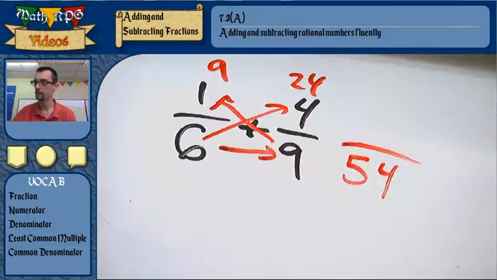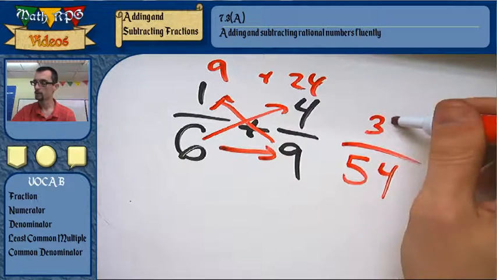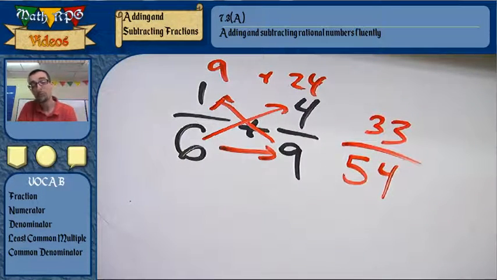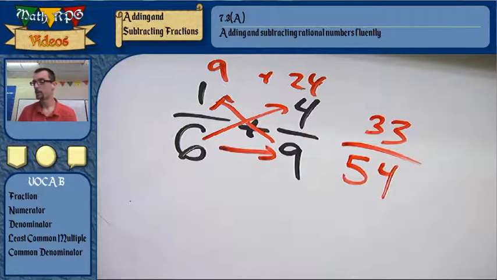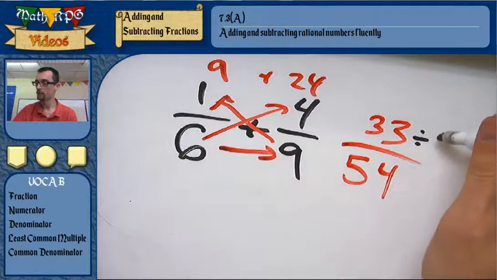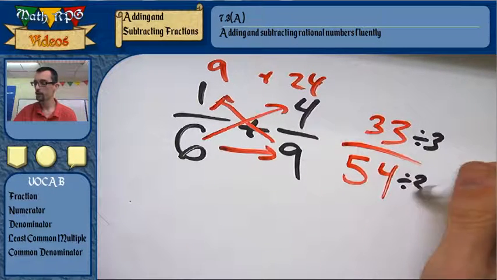If I add 9 and 24, I get 33. 33 54ths, but it's not simplified. I know that already because this isn't the least common multiple. So I'm going to have to divide both of these by 3. And in fact, you can actually tell what number to divide it by because the number I'm going to divide